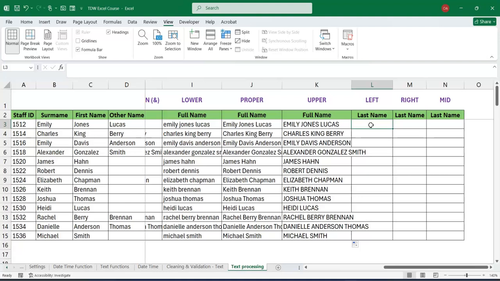So let's see how it works. So LEFT, and then it says the text, let's say this text, now comma, how many characters do you want? Let's say I want to extract just 3. I'll put in 3, and then I'll close my parenthesis. I'll press enter, and then you see it, you extract 3 letters from all our text strings. The RIGHT function will extract a certain number of characters from the right-hand side of your text string,